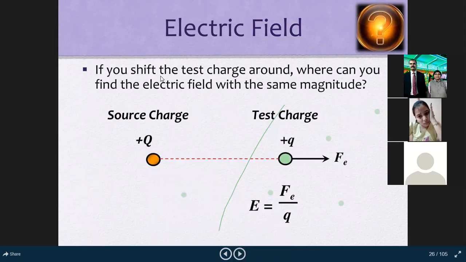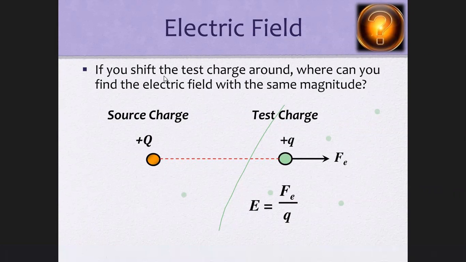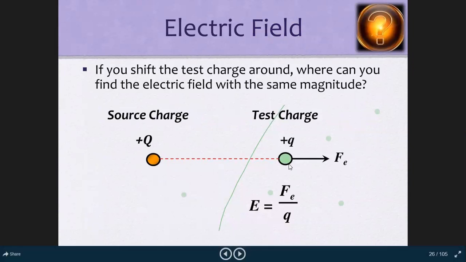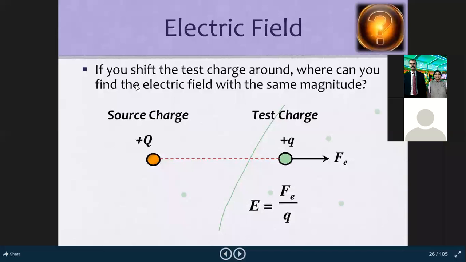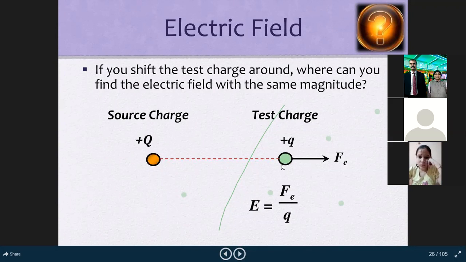अब है कि if you shift the test charge around where you can find the electric field with the same magnitude. अब देखो कि इस टेस्ट चार्ज को हम अगर शिफ्ट करना चाह रहे हैं इसके चारों ओर around this source charge, तो इस तरह से हम शिफ्ट करेंगे इसको कि इसका इलेक्ट्रिक फील्ड सेम रहेगा। इलेक्ट्रिक फील्ड सेम रहने का मतलब क्या है, फोर्स सेम रहेगा। तो फोर्स कब सेम रह सकता है, चार्ज तो सेम है, चार्ज को कांस्टेंट रखे हुए, q सेम है, ये चार्ज सेम है। तो फोर्स को सेम रखने के लिए, फोर्स को कांस्टेंट रखने के लिए क्या रखना पड़ेगा, सेम r, डिस्टेंस को सेम रखना पड़ेगा।